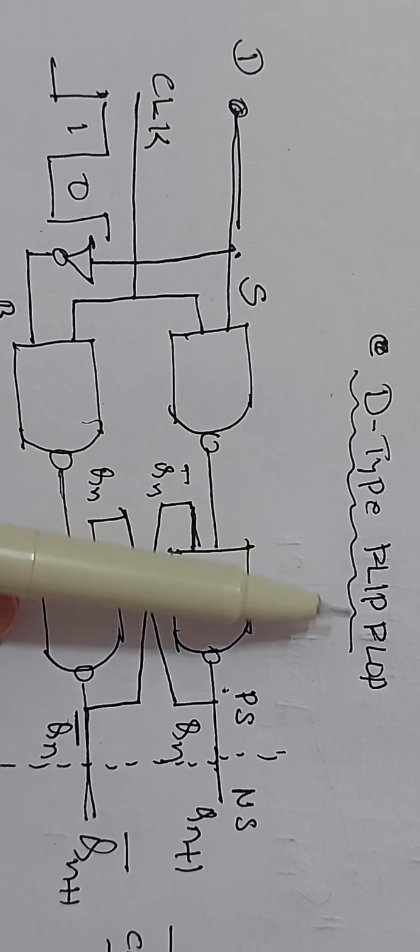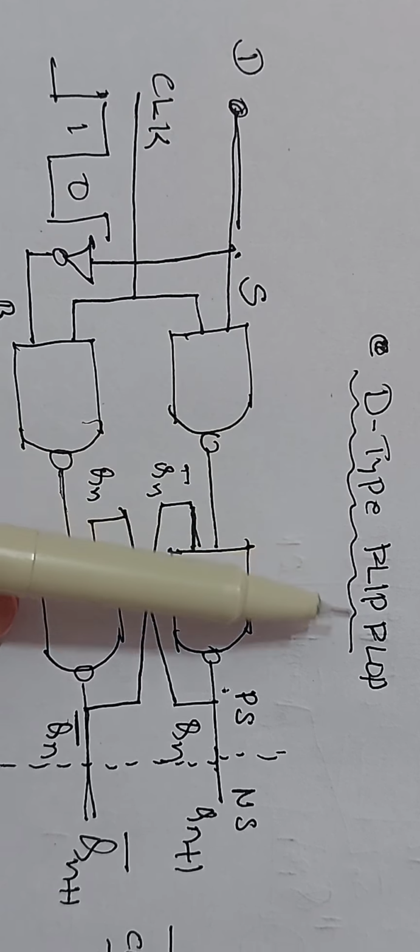We have already studied different types of flip-flop, among which today we are going to study D-type flip-flop, also known as data type flip-flop. That is the data, any given data in the form of a binary number. For one flip-flop, the binary number is either 0 or 1 and it acts as data. It can be transferred from input to the output. That is called D-type flip-flop.